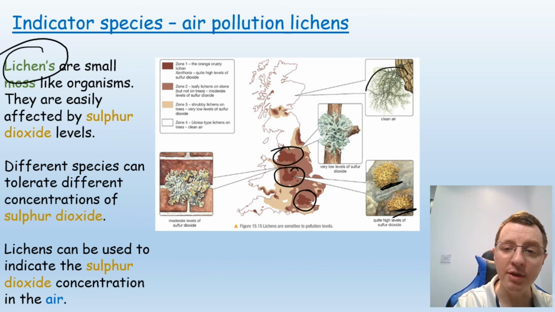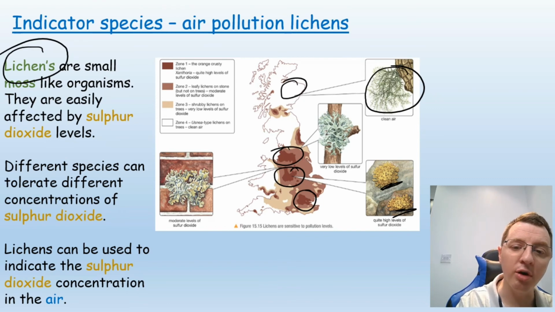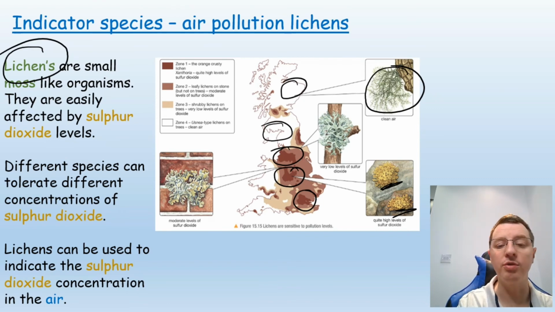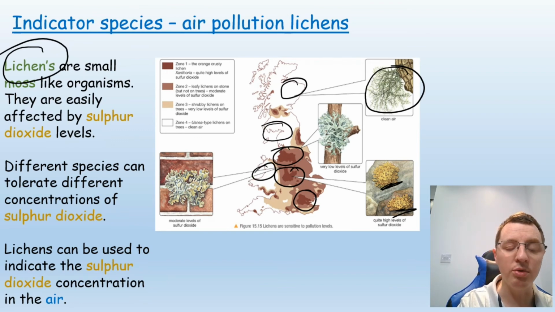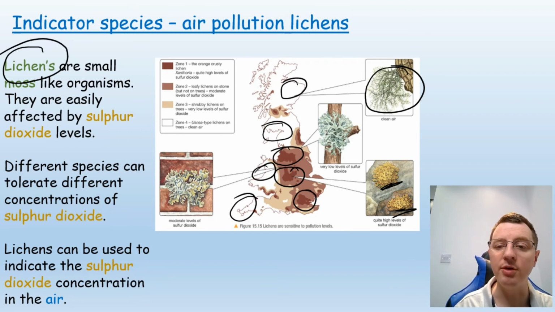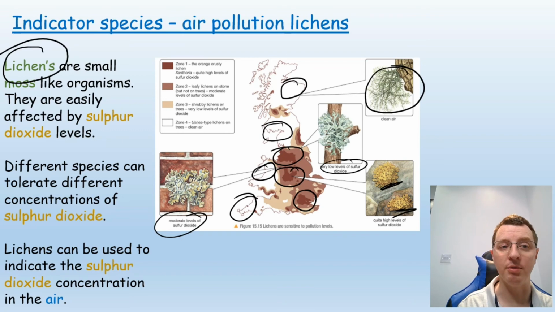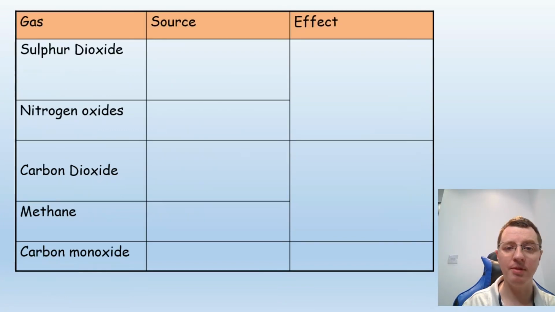However, if you look at this species, which we find in the Highlands of Scotland, in the Lake District and the lowlands of Scotland, it's also found a lot in Wales and in Cornwall. This species of lichen is only found in areas which have incredibly clean air. It cannot tolerate sulfur dioxide, and so indicates a very low level of sulfur dioxide and a very clean atmosphere. And then there are other species in between, indicating slightly higher or medium levels of sulfur dioxide depending upon where they are found.